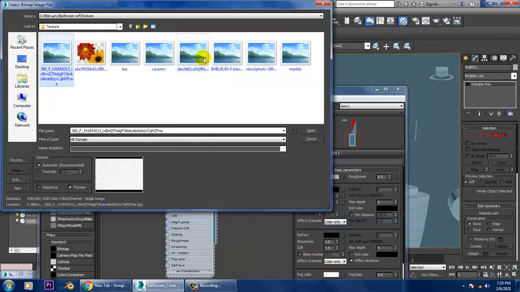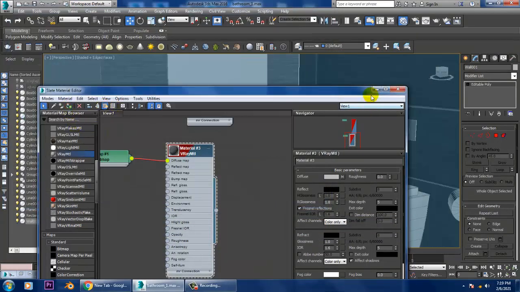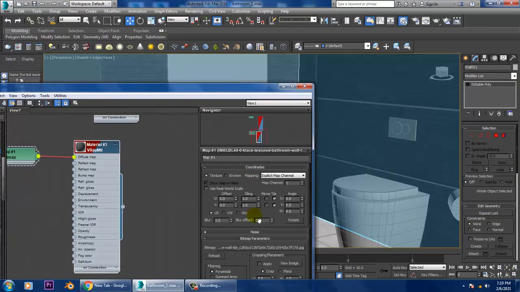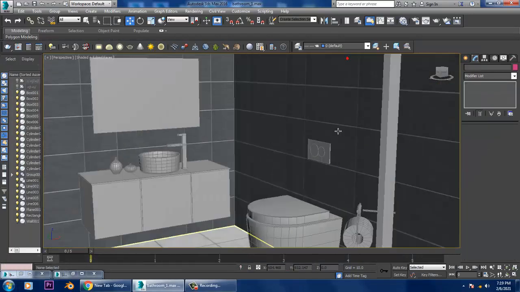Let's see this, assign it, go into this, and we can assign this texture. Or if you just want this as 2 over here, we can go in that way.